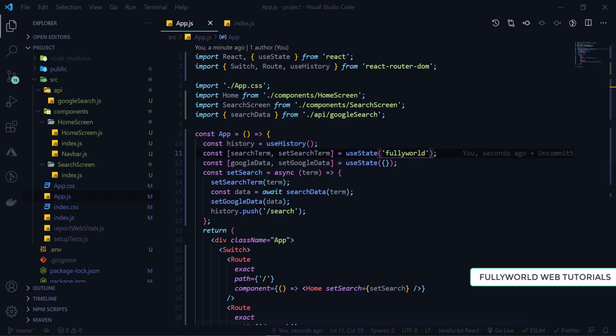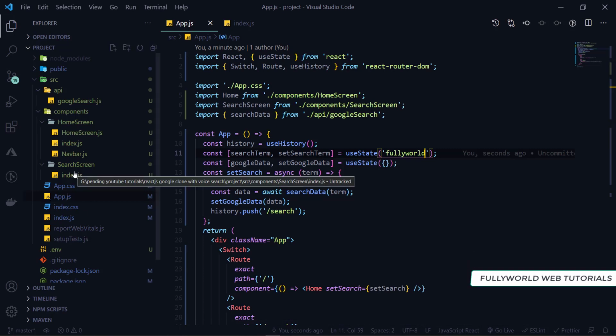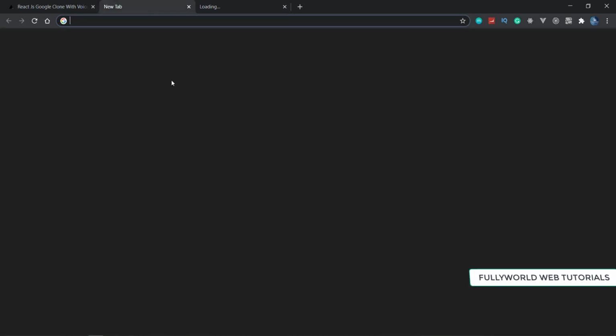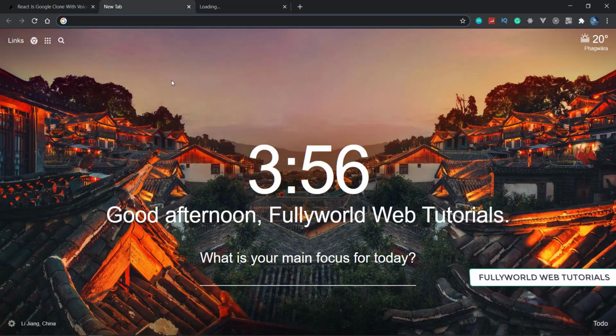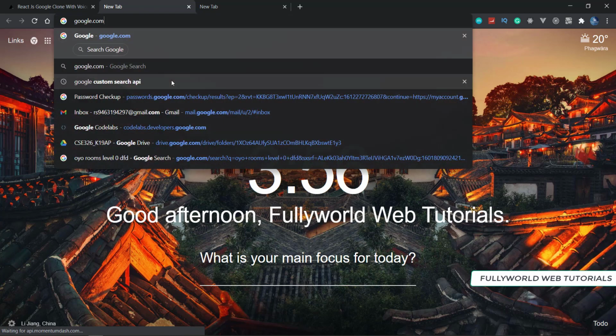So now let's do one thing. We have to create our header first of all. First we have to create our main header, then our subheader. See that I'm going to google.com and pressing enter. Let's wait for a while till Google is opening.